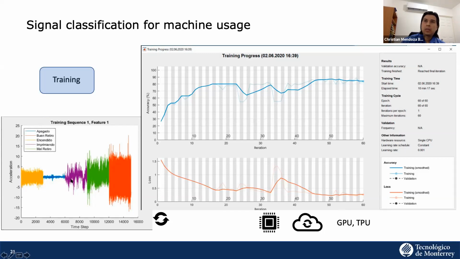each one of these colors in the signal represents a different activity during the process of using the machine. And this is a typical good way to use the machine. We trained the model to recognize good typical signals for actually using the machine, and we obtained something good enough to start testing the model and get some results.